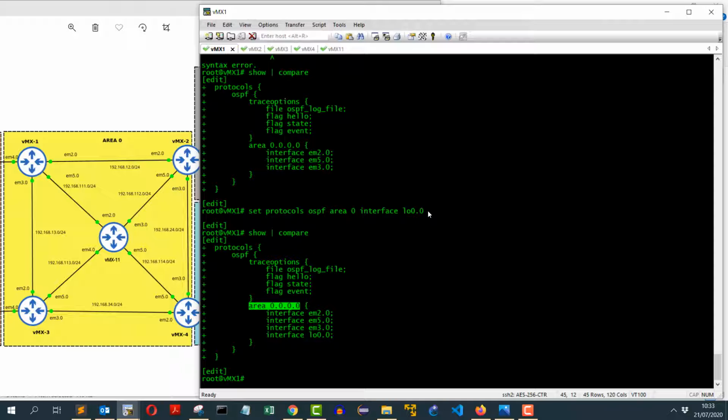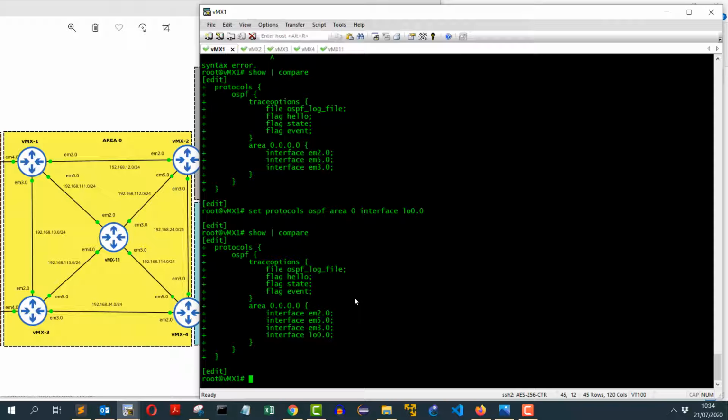When I only had one interface to add, I just used the set command, and that was fine as well. You can configure either way. Both ways are fine. Notice the area ID is in dotted decimal notation instead of decimal. I will go through that in an upcoming video, how you can convert decimal into dotted decimal notation and vice versa. So for now, we are done with the OSPF configuration.